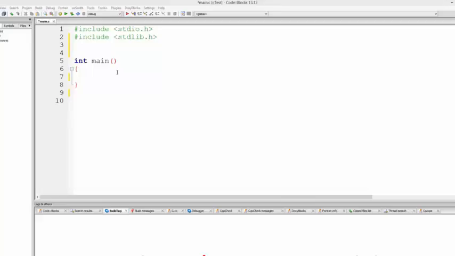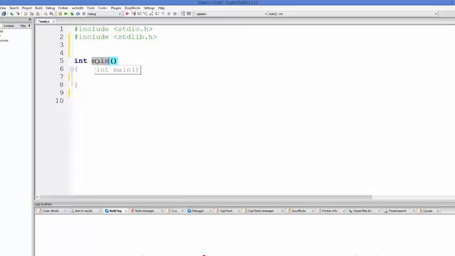But first of all, I must say that every C program has at least one function, and this function is called main. In the starting of this series I have told you that main is a function. Whenever you execute your program, C searches for this main function and executes whatever is inside it. So a function